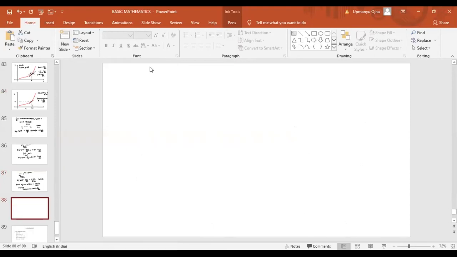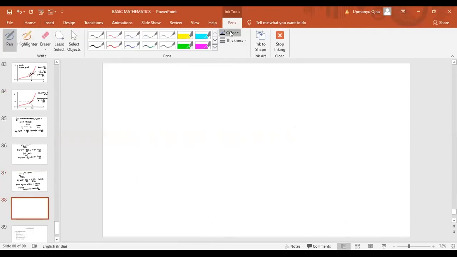If you want, I will explain one derivative, how we got this. Otherwise, simply remember the rules. You don't need to go into how we got these formulas, but if you want, I will explain. Now, the rules of differentiation are very, very important. You have to remember the rules of differentiation.